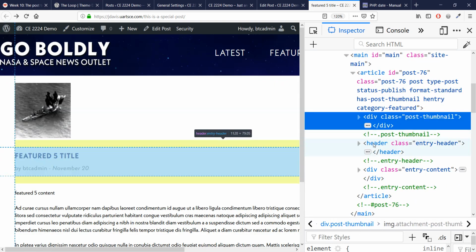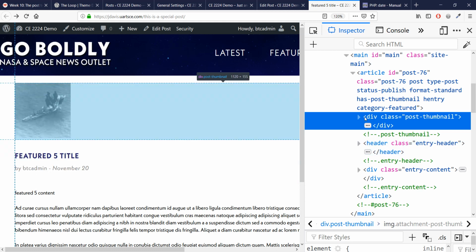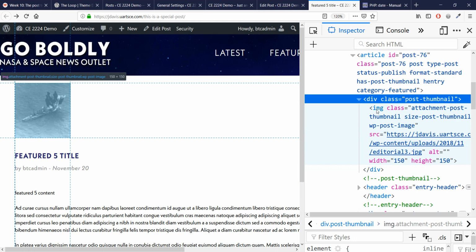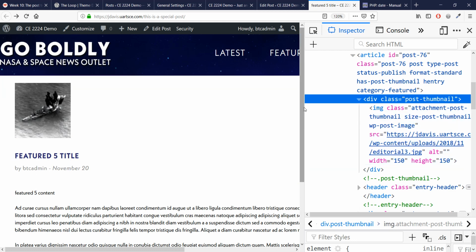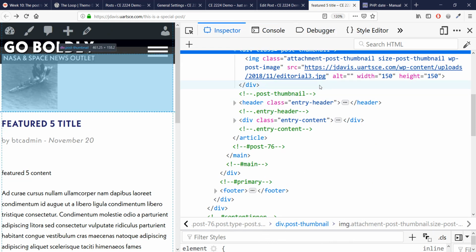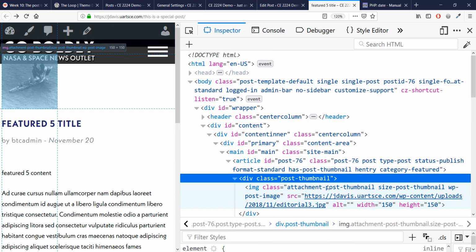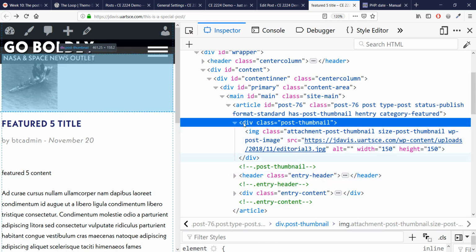So right above the header tag, it has a div with the class post thumbnail. Inside of that div, we have an image tag, and that image tag has some classes on it. It has an SRC, which is going to that particular image. It has a width and a height on it. But basically,